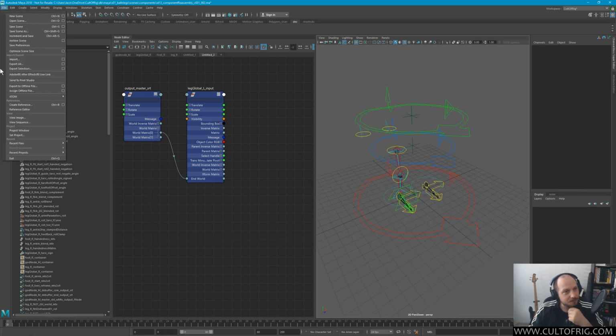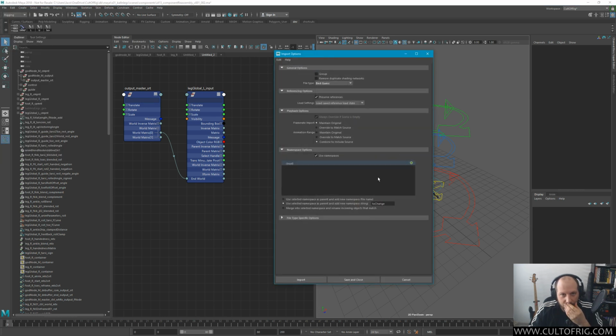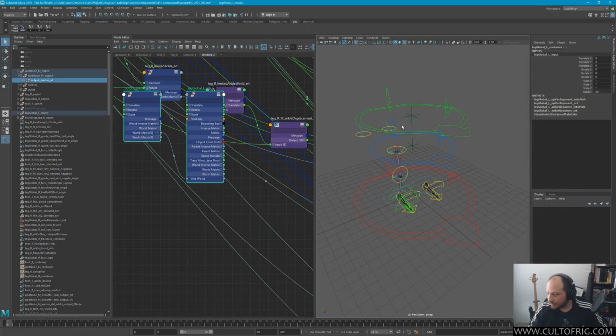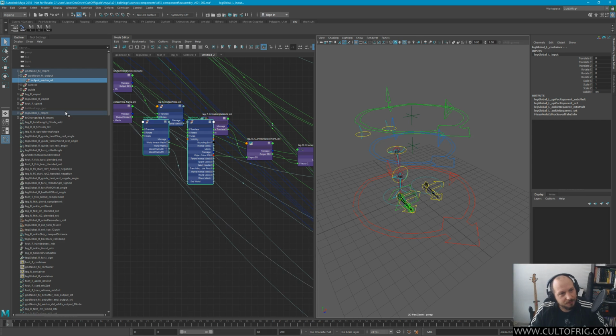So, import options. Yeah, I like what we have. Cool. Now,